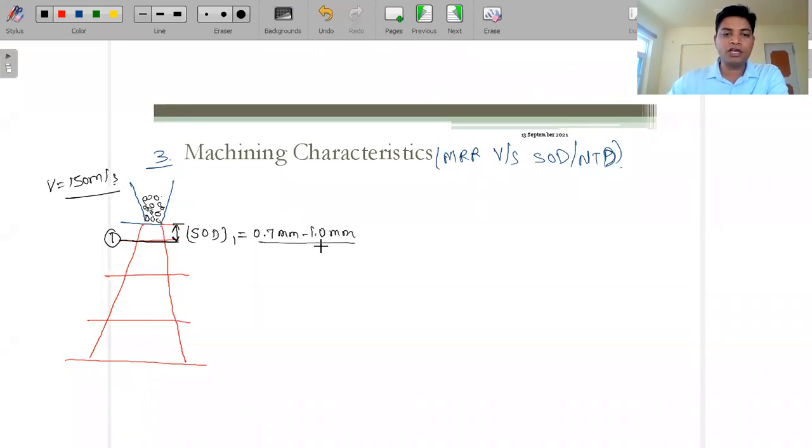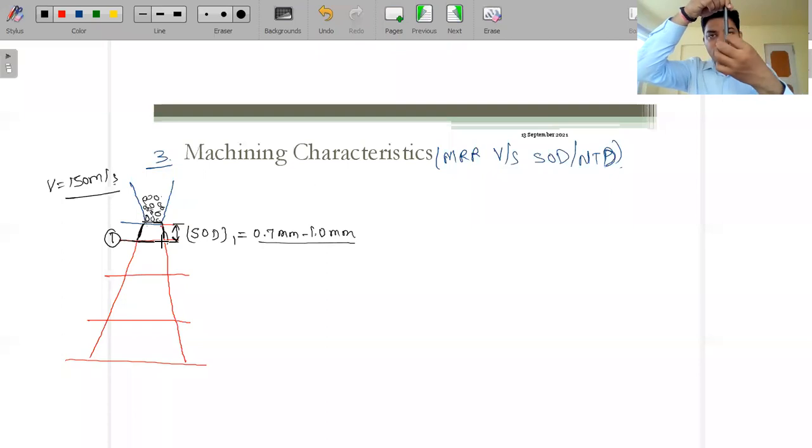Okay, this is 0.7 mm to 1 mm, if the standoff distance is like that. So this is the distance between the nozzle tip and the workpiece surface. This abrasive particle is coming at very high velocity. Why I made this graph, this red colored one, is because if this abrasive particle is coming out from this